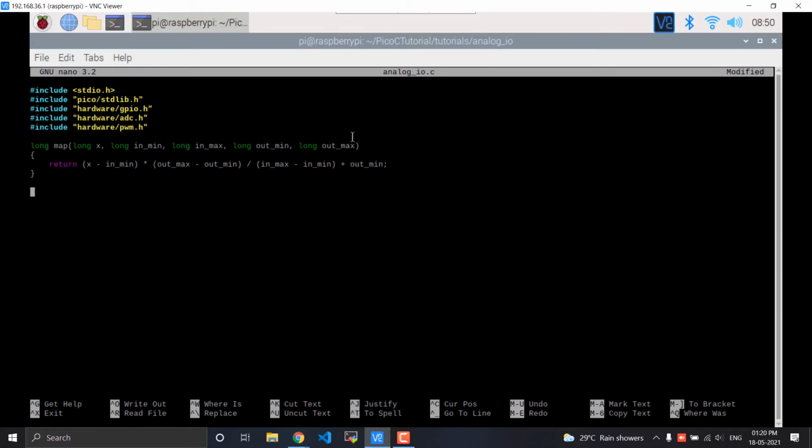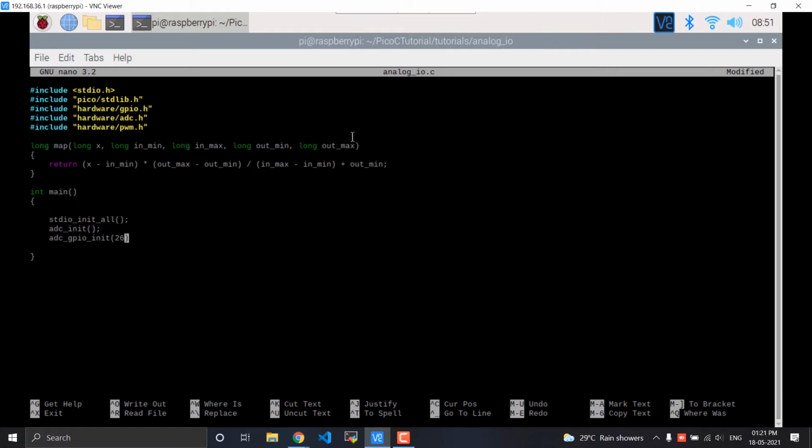Now let us create the main function. Here the first thing that we need to do is stdio init all. Then we can do the ADC init, initialize the ADC, then initialize the ADC GPIO. And we are using pin number 26.